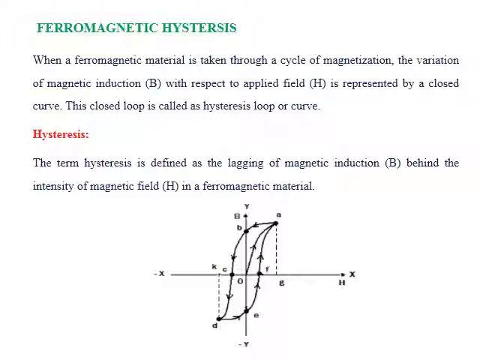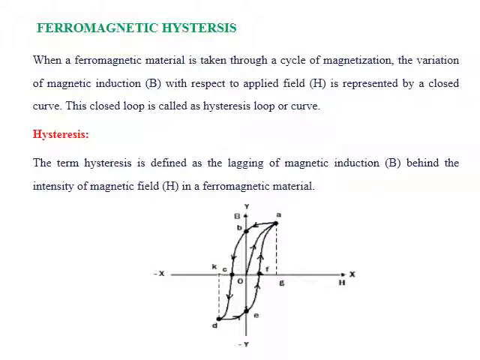Now when we try to demagnetize the material again, the H value reaches O, that is 0, but the magnetic induction reaches only the point E. Still you have some amount of energy stored in the material, and to demagnetize it, you need to apply the magnetic field in the opposite direction from O to F. Only then is the material completely demagnetized and the B value becomes 0. Further, if you increase the magnetic field intensity up to G, you reach the point A again, and the same cycle keeps on continuing when we do this process of magnetization and demagnetization continuously.